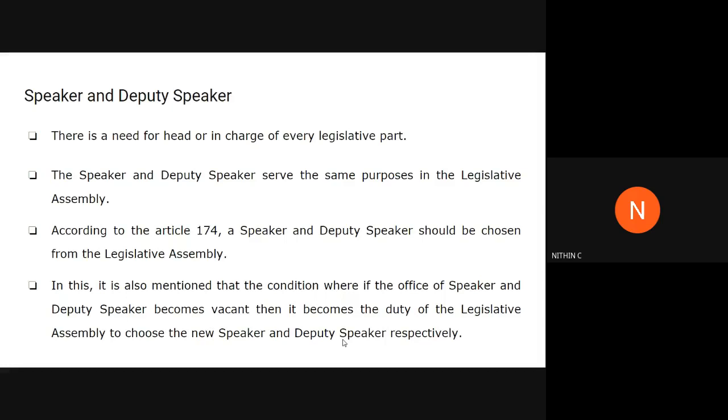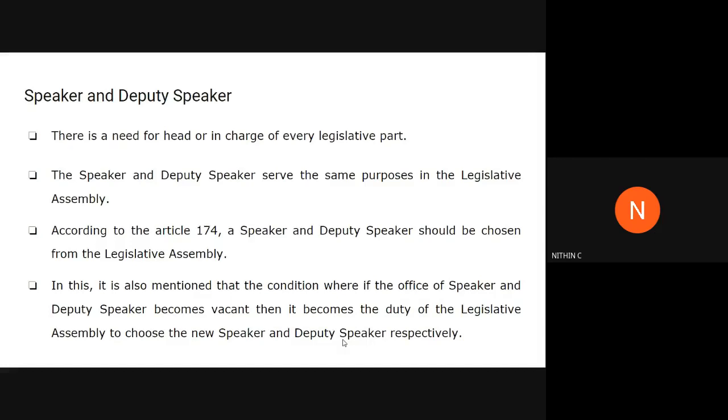Then when it comes to the legislature, we know that we will have a speaker and deputy speaker. It is a concept we know. If you follow the functions of the state legislature through the media, you will be aware of these two terms, speaker and deputy speaker. We know that in the legislative assembly the speaker is elected by the members. MLAs elect the speaker.